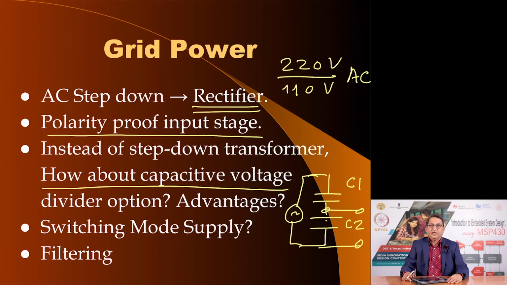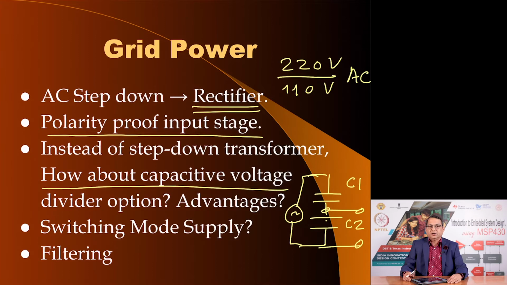In fact, many of the LED bulbs that are becoming available, the cheap varieties, often use a capacitive power supply, and these are very low cost, but there are some disadvantages. Such a power supply is not isolated and therefore human interaction has to be avoided. You cannot interact with such a power supply because it is likely to give you a shock, but an LED lamp you usually put in a socket and never touch, and therefore using a capacitive drop power supply is a good option. It is inexpensive and it serves the purpose.